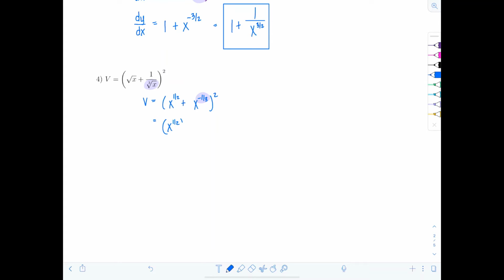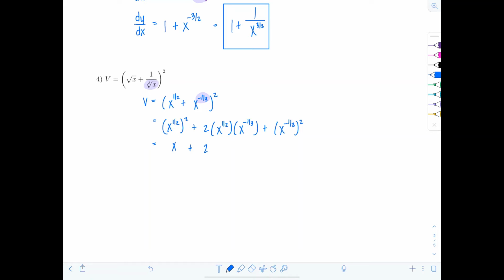So I have x to the 1/2 squared plus 2 times the product of a and b. So 2 times x to the 1/2 times x to the negative 1/3, plus, and then you square the last term, x to the negative 1/3 squared. Okay, let's see what we've got going on. So x to the 1/2 squared, that's just x,